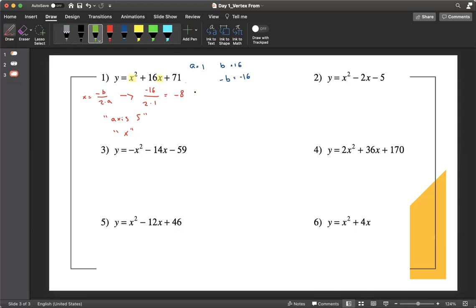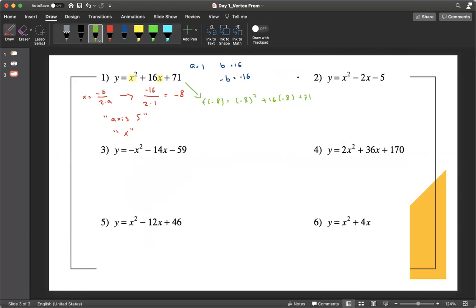So what that's going to look like is we have f of negative 8 is equal to, instead of x squared, we are going to have a negative 8 squared plus 16. Instead of x, we are going to put in a negative 8 plus